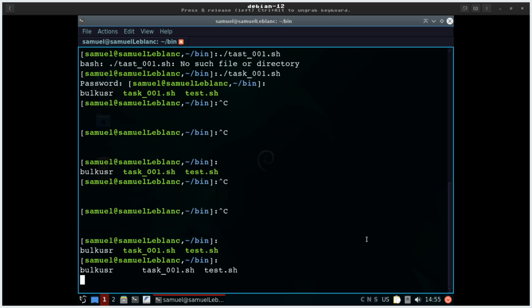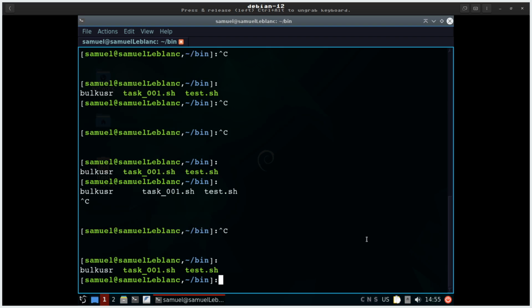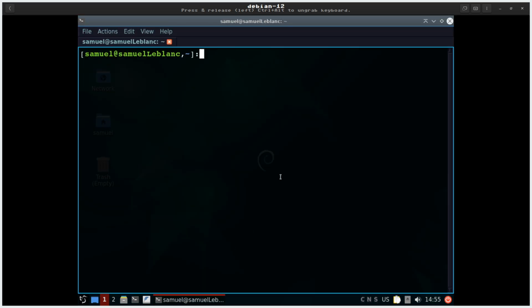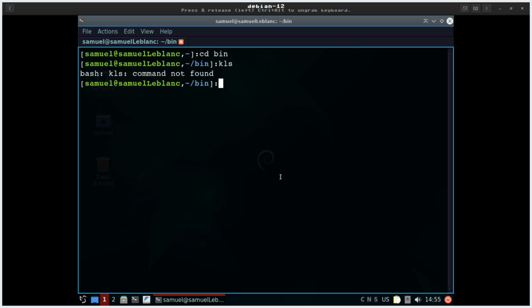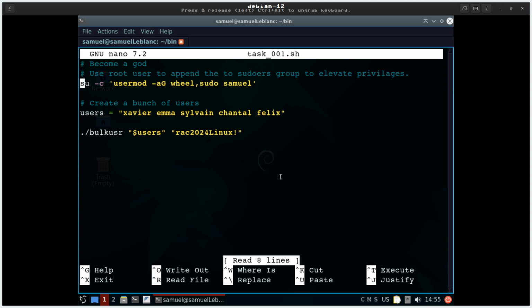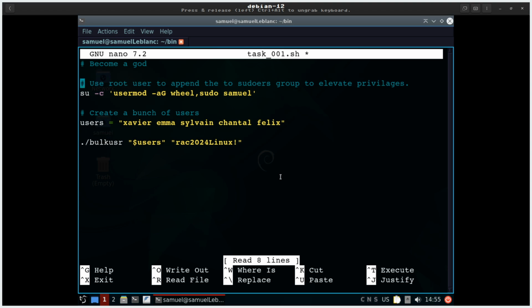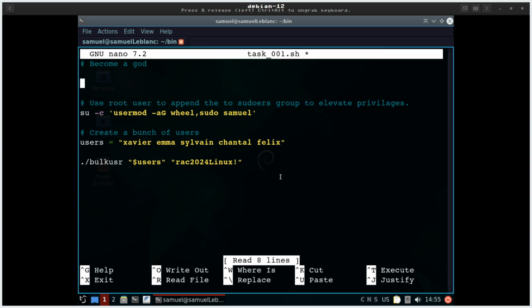Okay, let's just ls. Yeah, I'm no longer able to see my text in this terminal, so let's reopen it. cd bin. At least now I see when I'm typing, so that is good. Task. So I think that's because of the su command, where I wasn't able to see what I was typing. So how about just simple print